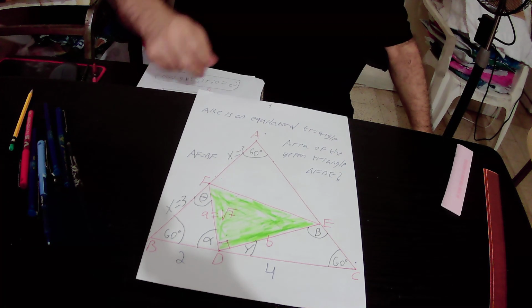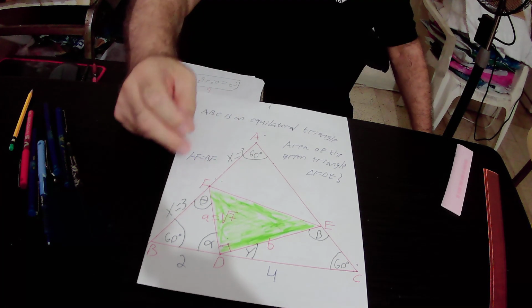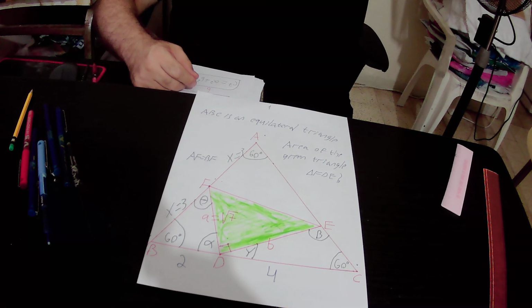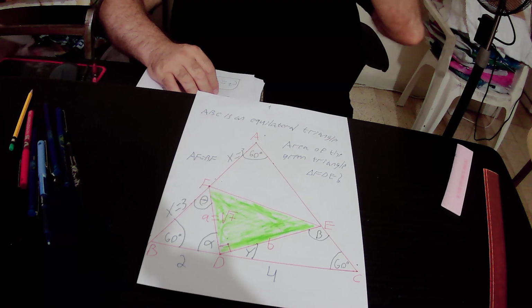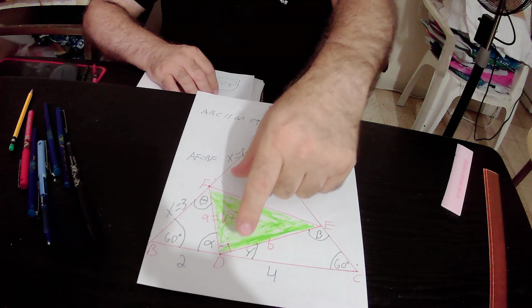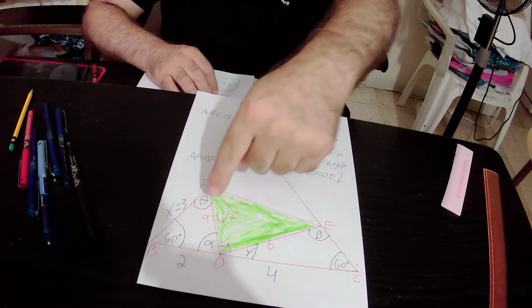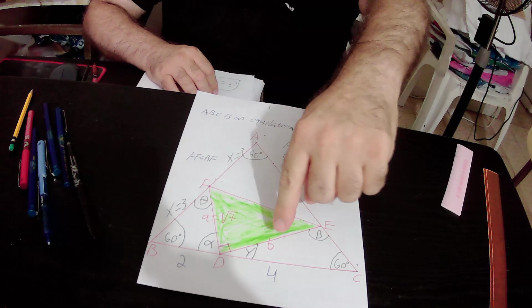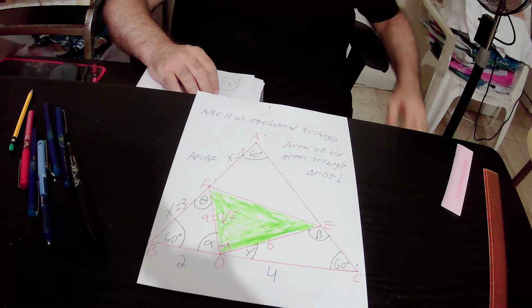So actually AF equals x equals 3 units, and BF also equals x equals 3 units. Okay, in the next step we defined FD as A, that is to say FD equals A, and we defined DE as B, that is to say DE equals B, and we found out